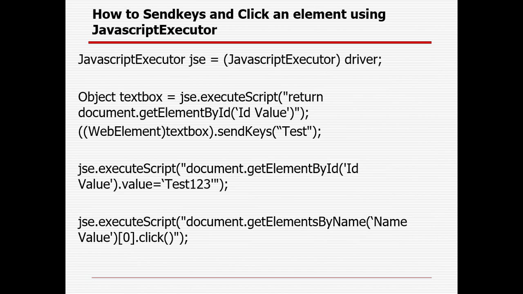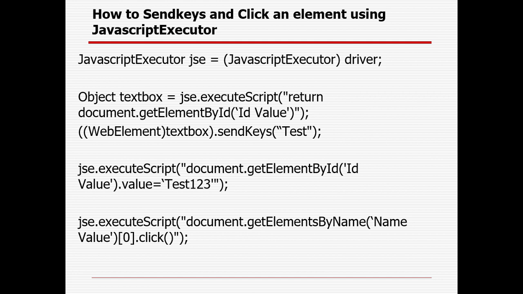So in my previous session you already saw, right? JavaScriptExecutor is an interface. As it's an interface, we can't directly create an object or instance, so we need to typecast the driver, which is the WebDriver object or instance. In the JavaScriptExecutor there are two methods: one is executeScript and another is executeAsyncScript. In case anything is in synchronized format, like a text box, button, or link, obviously we should use the executeScript method available in the JavaScriptExecutor.